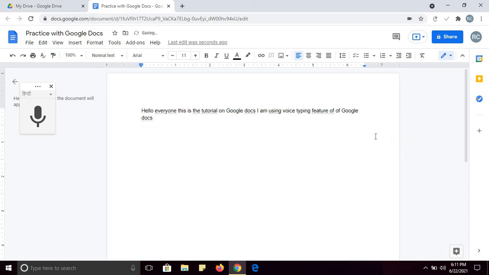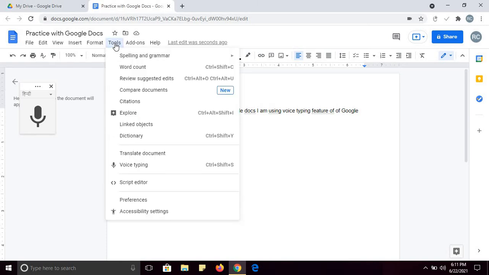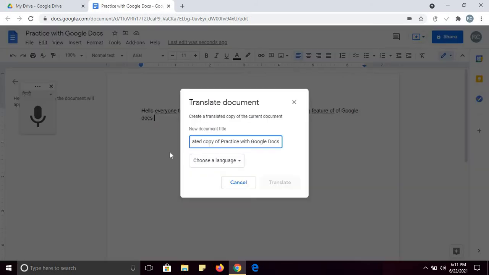Another important feature that I'm going to use, for example, suppose I have deleted this. Now I want to translate this document into another language. For that you just go to Tools and here you will see Translate document. It will ask you to rename this document, to give the new document a title, for example Hindi copy.